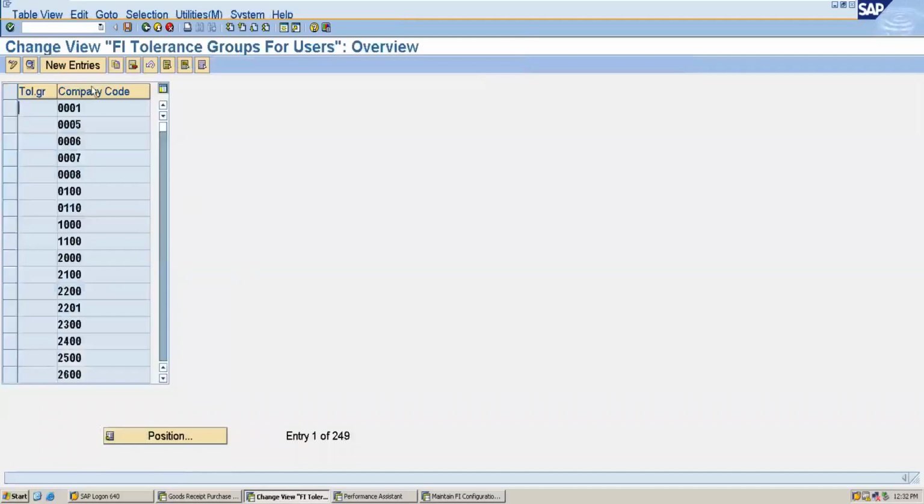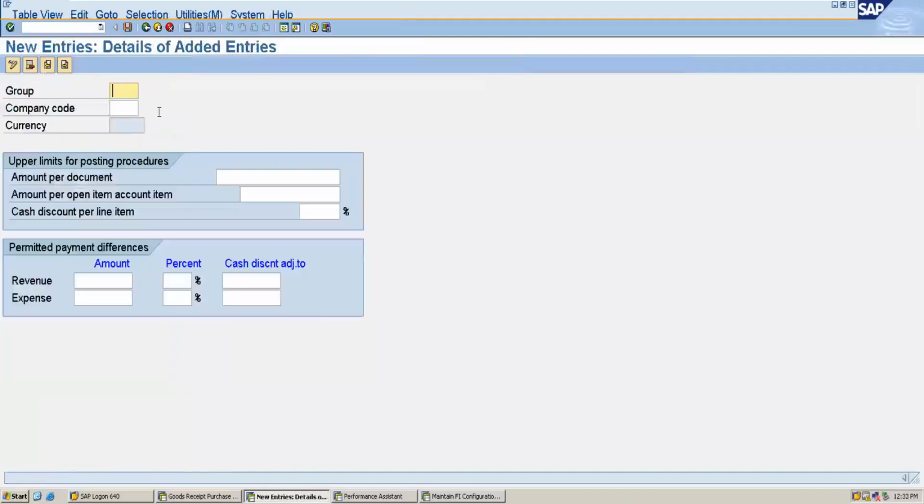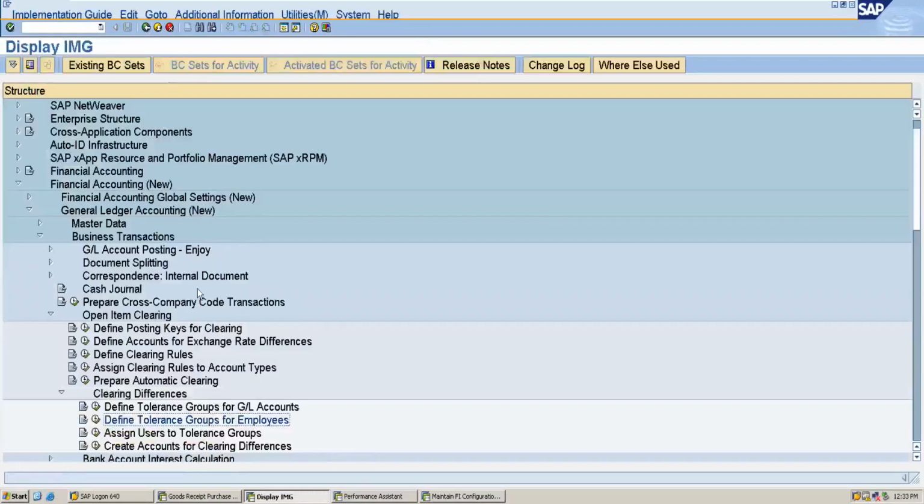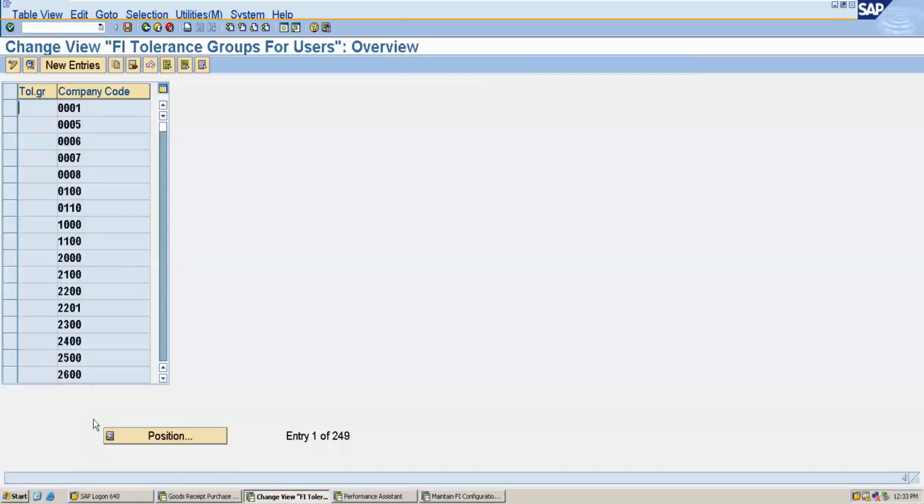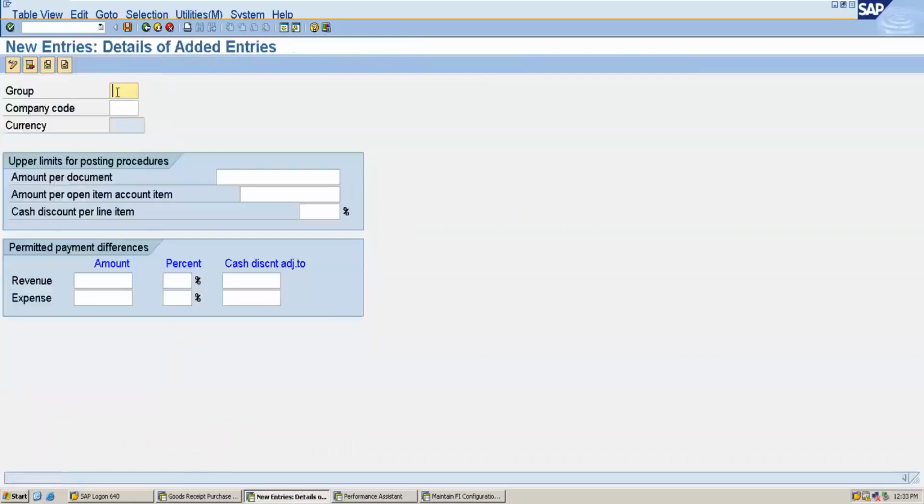So we will create a new entry. Here you don't have to specify the group because this is for learning purposes, but it's mandatory to create a group if you are configuring in an organization. Okay, and after that you have to assign users to this tolerance group. So here we don't have to define the tolerance group. Okay, so I will give my company code, which is 1750,